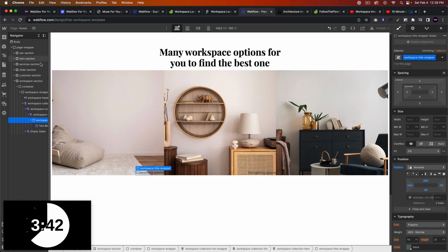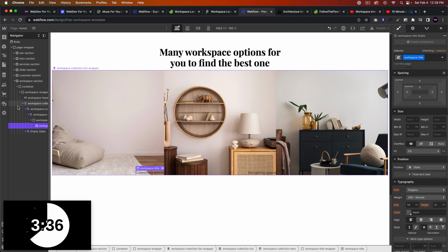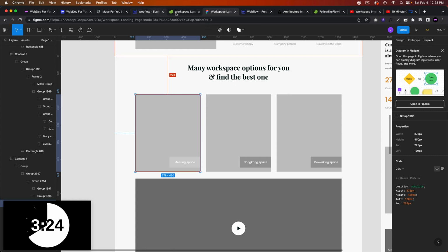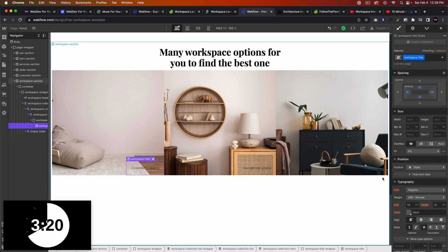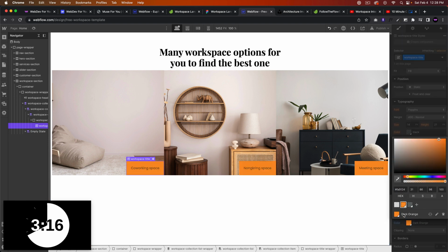Yeah, we'll do that. And then workspace title. Okay. So for the title, we'll add some padding to the left and right, maybe 20, and something like this, 20 from the top and bottom. And let's set the color to orange for the background color. Give it that orange color,